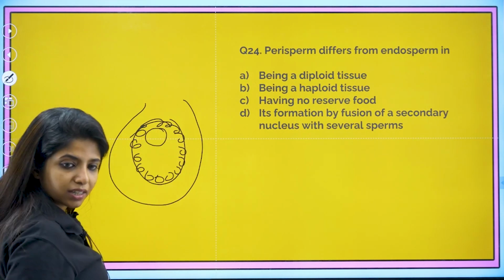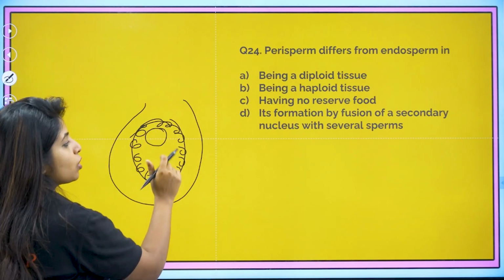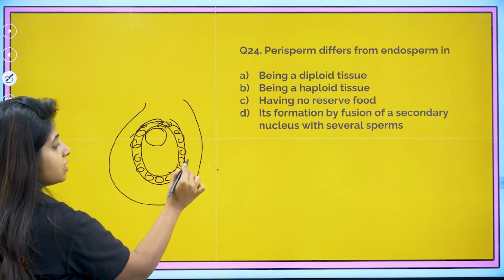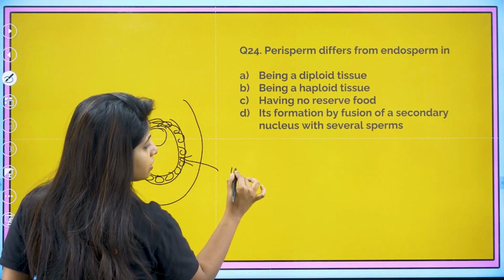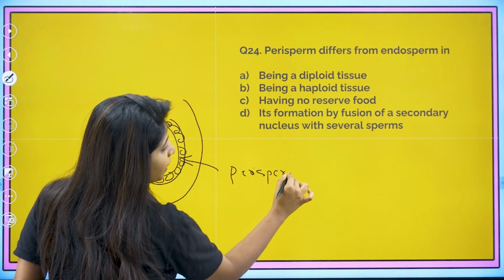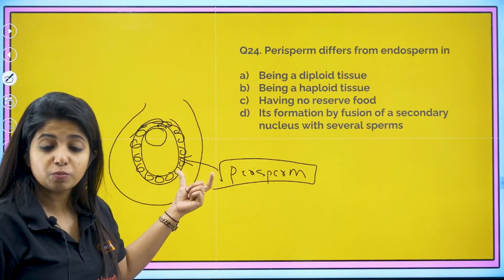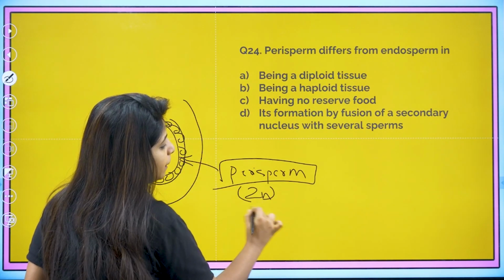Rest of the cells are still nucellar cells only. And usually they go off, and whatever has to happen will happen. That means the embryo sac is going to be formed, everything happens. But in some cases, the nucellar cells still persist there. And this persistent nucellar tissue is known as the perisperm. And what is the ploidy of perisperm? It is just like another normal cell of the plant, my dear children. So it will be diploid in nature.